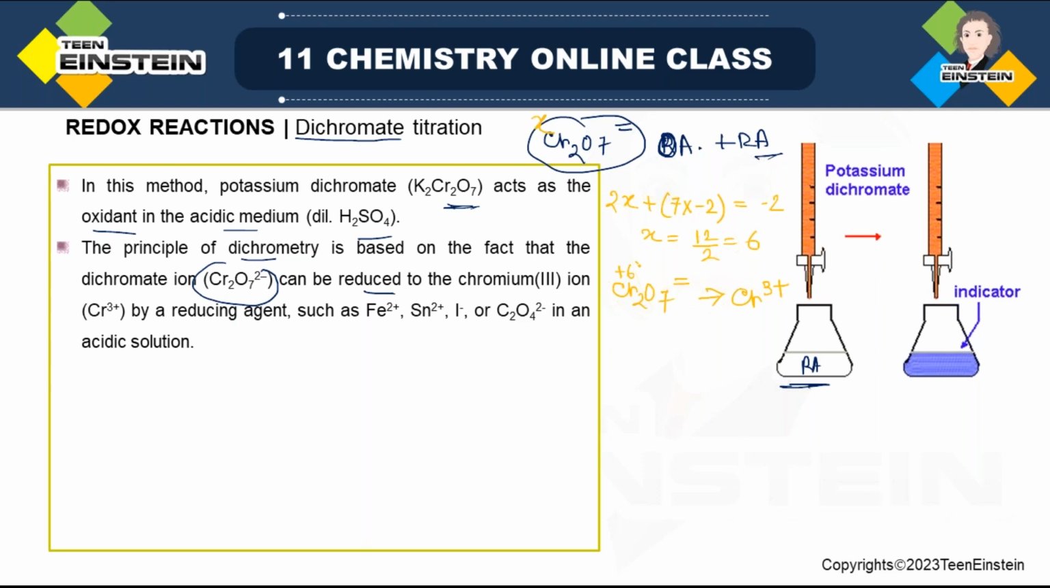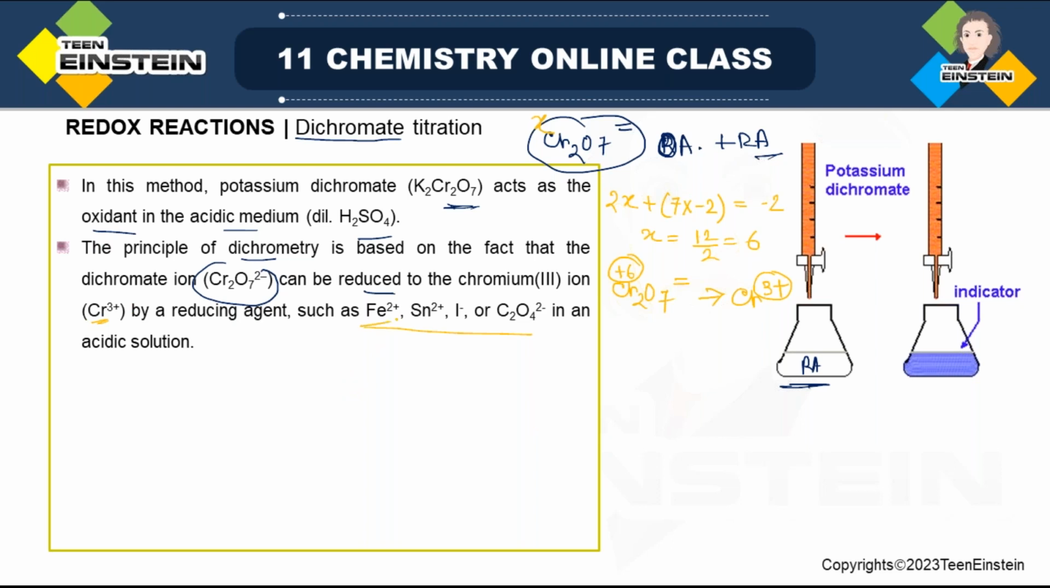So from plus 6 oxidation state, it is converted to 3 plus. So it is obviously reduction. Now, if you consider it as the half reaction, you can also balance it. We'll do so. So look at this reducing agent that you can use. So it can be reduced to chromium 3 plus ion, Cr3+, by some reducing agent,